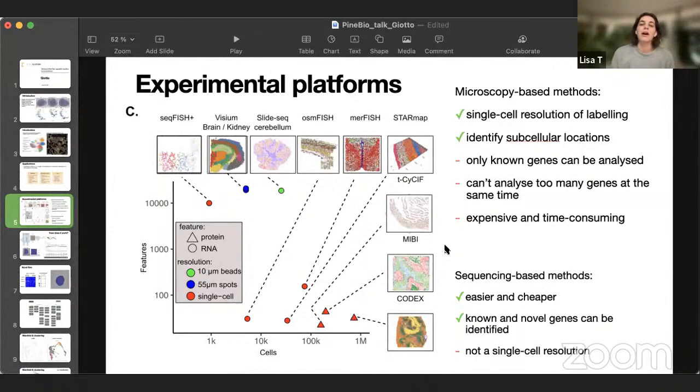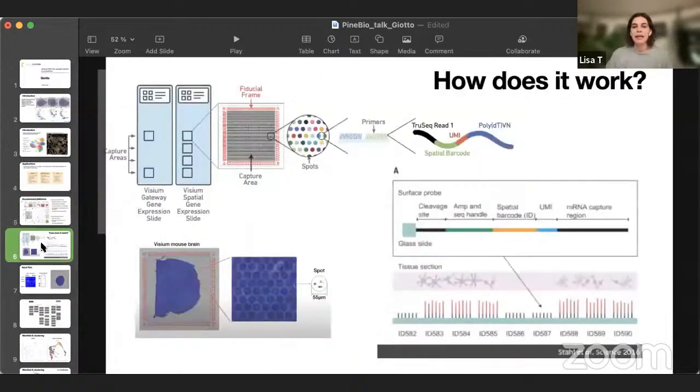Sequencing-based methods are easier and cheaper, and they don't really need a lot of pictures made on a microscope to study the locations. And we also can study novel genes that we don't know the sequence of, but it's not always a single cell resolution. And we will be focusing on Visium, that is exactly not single cell resolution, but basically how Visium